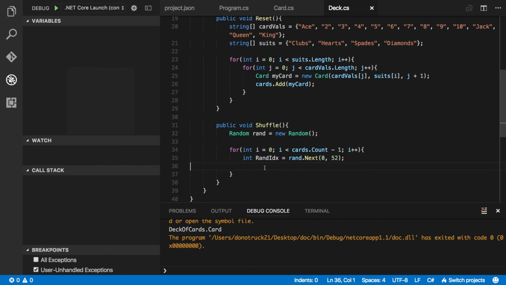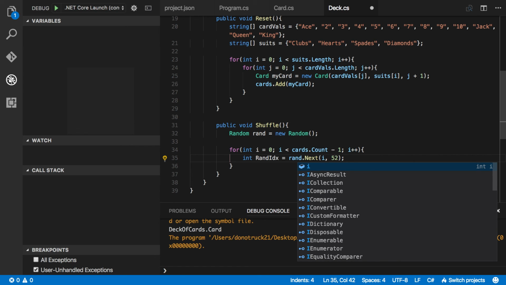Is it safe to assume that when we do shuffle, the card length is always going to be 52? No, you're absolutely right. So what should we put here? Cards dot count. Yeah. Sorry, I misunderstood you, Chris. We can expect that our deck will always be 52 because we're dealing with a standard deck, but it won't always be 0. We probably want to shuffle from the i's position. So as our